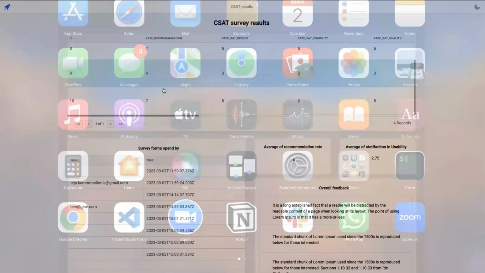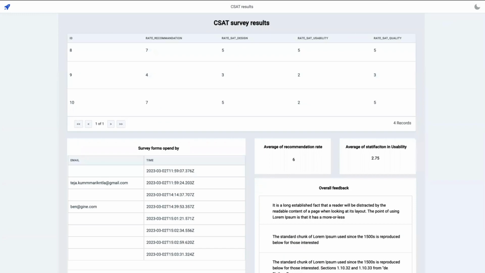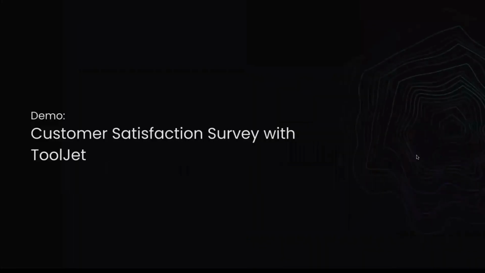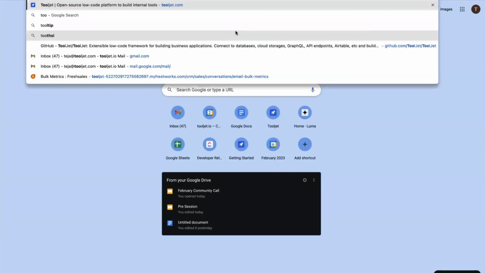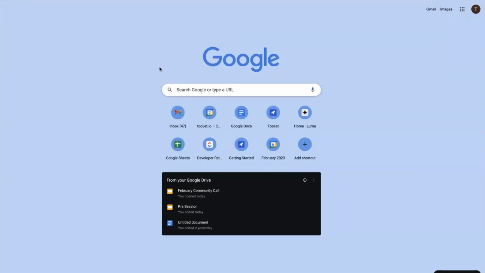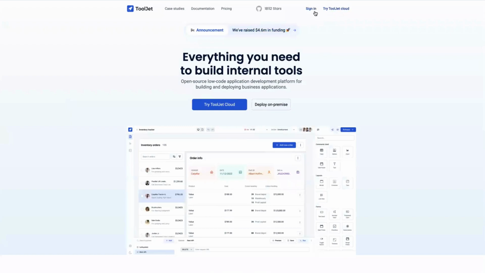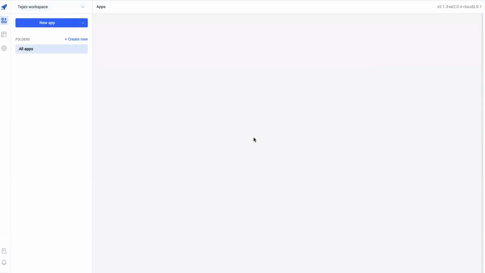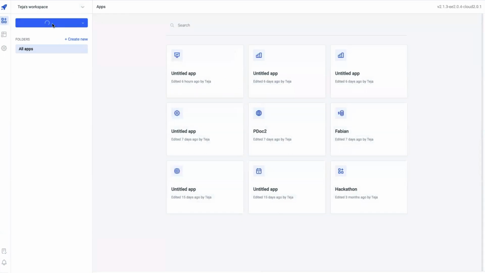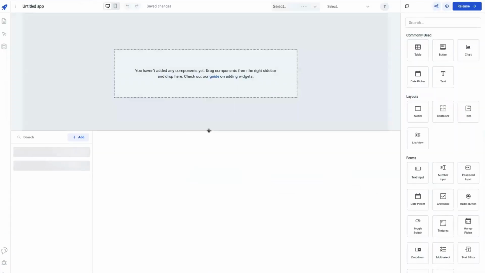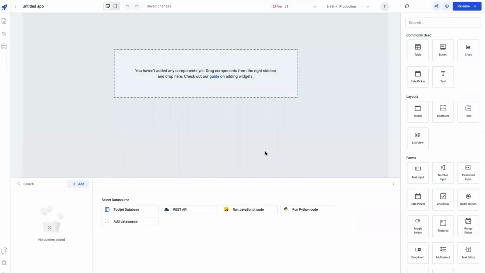Maybe I'll go for a different tab. All right. So once you land on the welcome screen, you just need to click on new app. And then here you are with the playground. And I hope you're completely familiar with this phase of starting to build an application here. So you can title this as a customer